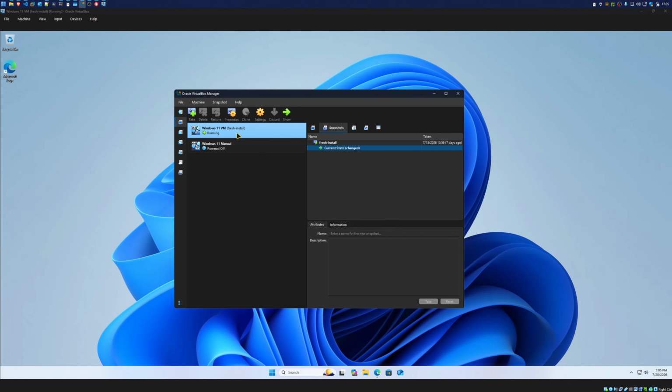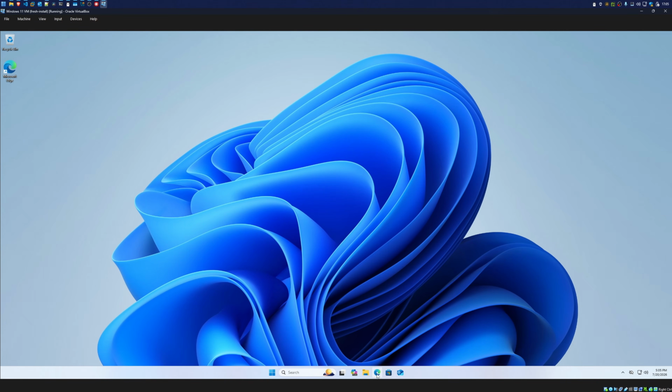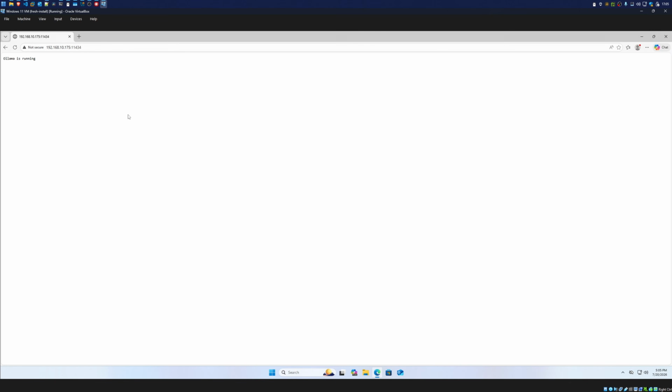So now I've started up the Windows 11 virtual machine that we installed in one of my previous videos. And the first thing I want to do is prove that I can see the main PC. So I've opened the browser in here, and then I typed my host's IP address that we got when we ran ipconfig with that port that Ollama uses. And you can see from inside of this virtual machine now, it also says Ollama is running. So that means my virtual machine can now use the local model that I have installed on my host to do its work inside of this virtual machine right here.